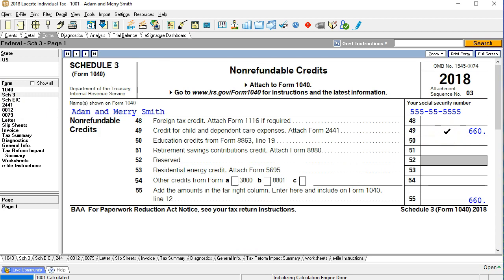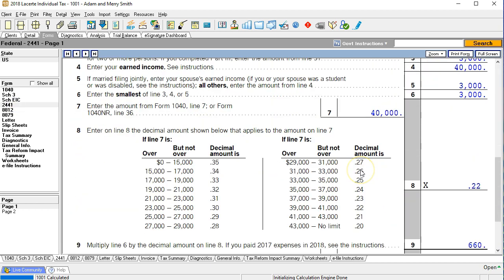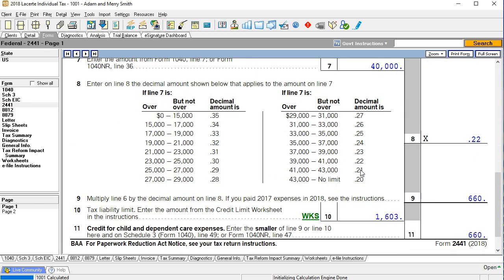So again, this isn't verifying the code or anything. This is just basically double-checking with the software, seeing how the software will interact with this, because again, the software is designed based on the tax code. So we can plug this information in, we get a feel for what's going on and the different type of scenarios that would be in place. We go to the 2441, so this has now reappeared now that we're going to say that one of the individuals was a full-time